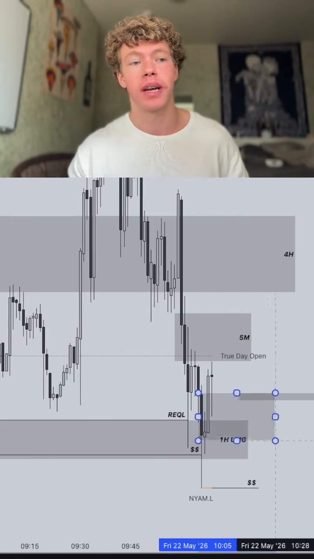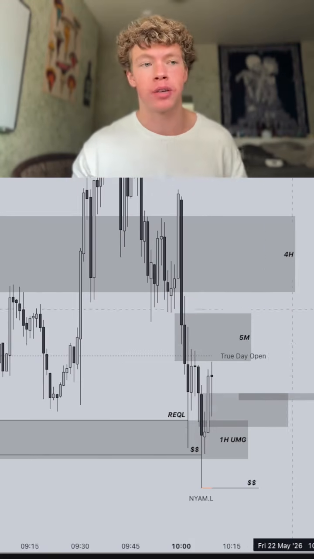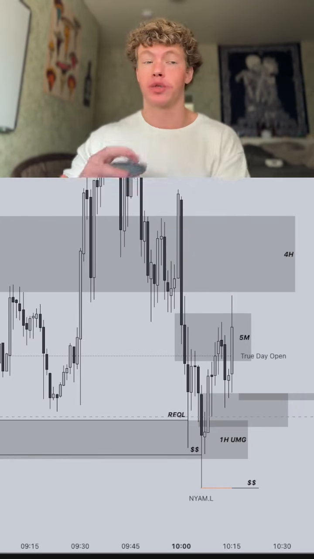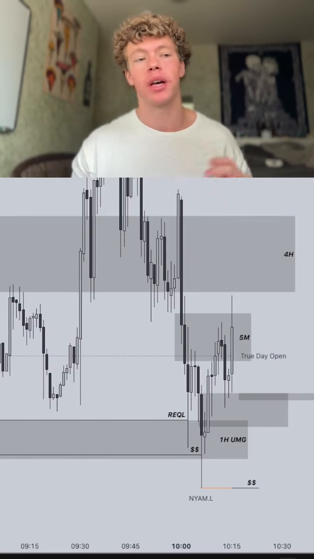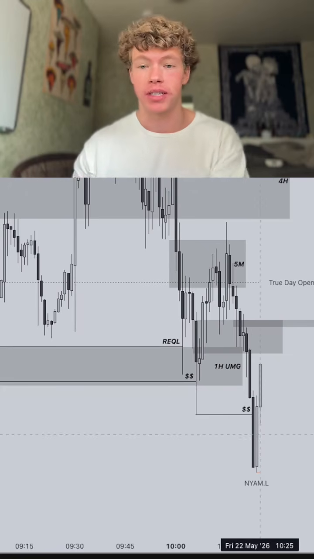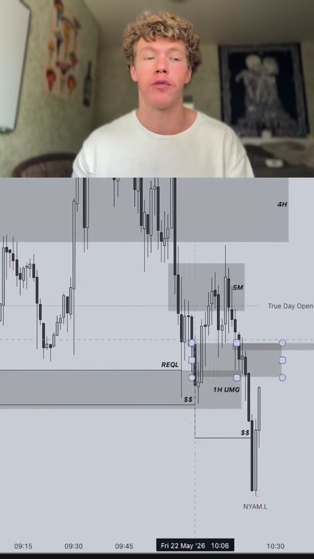Right when we got this 15-second inversion, I ended up taking a position long, going break even at the 5-minute, targeting the DOLs above. As you can see, I ended up getting stopped at break even. I do think that this was trade of the day, even though it was break even, because honestly, I think it's lucky that we ended up just remanipulating here. This was not necessary whatsoever, and I think you're kind of lucky that this didn't just run without you if you faded this first setup.